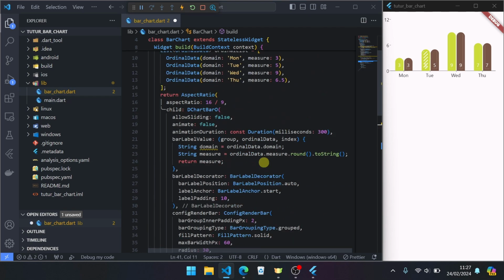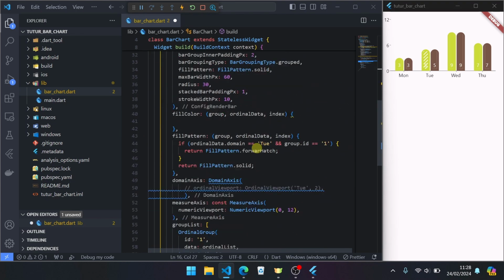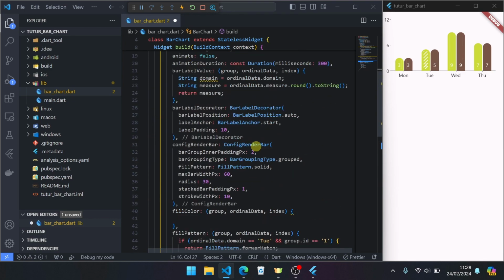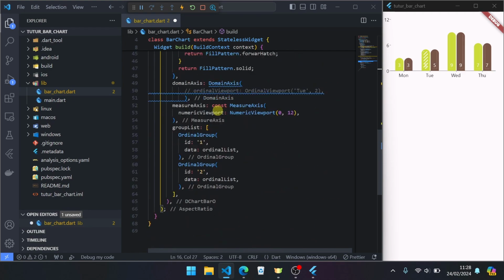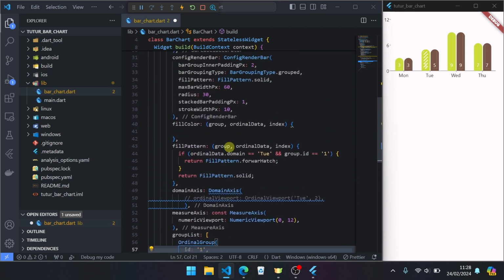Okay, if you want to set color of bar item, you can set here ordinal data, they are color, or you can use group color data here, they are color also, or you can customize with fill color here.